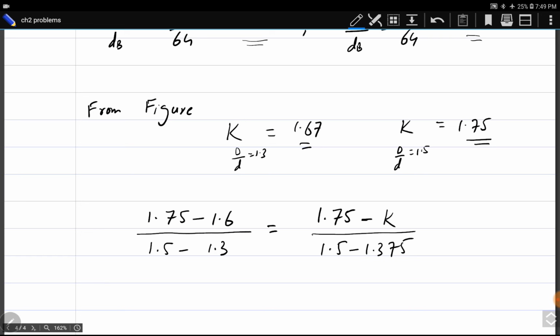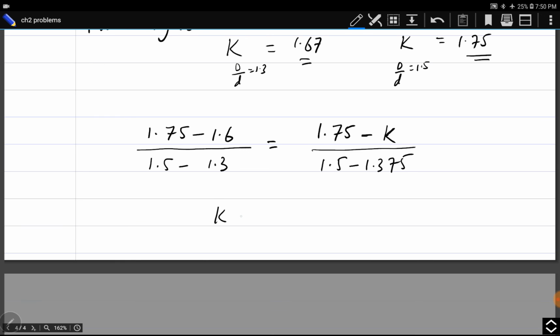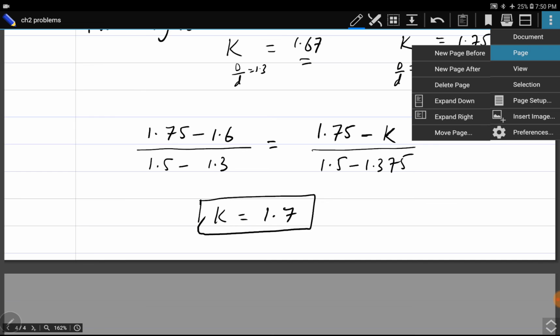So how do we do interpolation? This K is unknown at 1.375. This K is known, which is 1.75 at D by d of 1.5. This K, 1.6, is at D by d 1.3. So we can find this K, which is equal to 1.7. We have done interpolation actually. If K is 1.7,